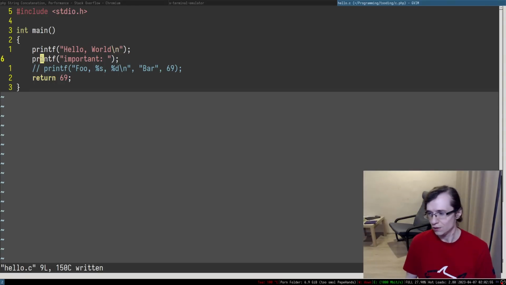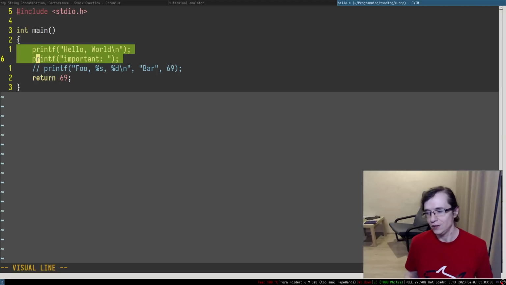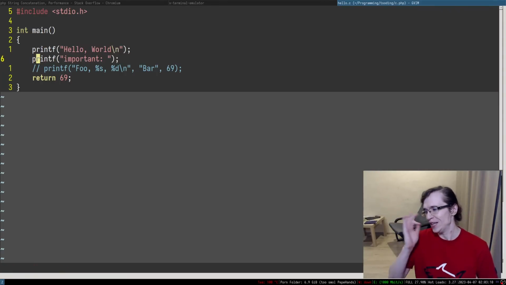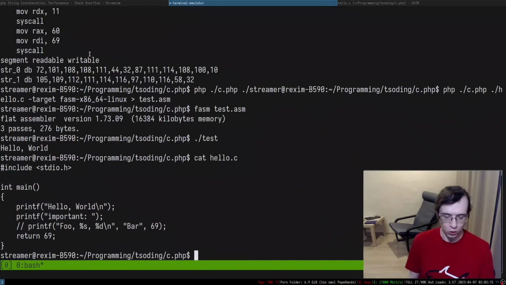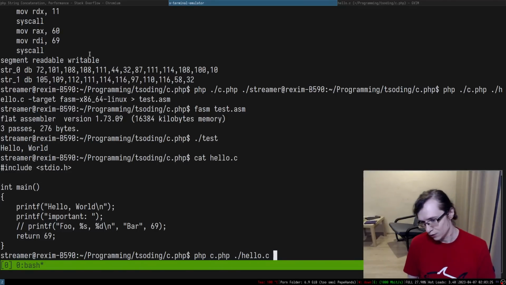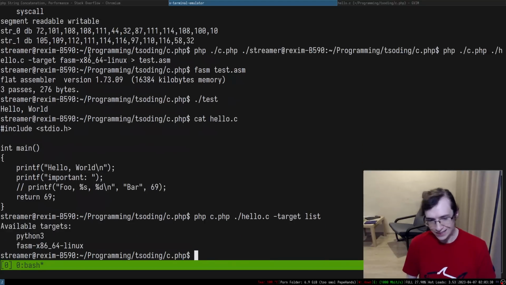So the most important thing I did is that I basically added the assembly backend, right? And I think it's good for today. Chat, just think about that. We took this C code, this is literally the C code that we took, and we wrote a PHP script, c.php, that given this C code generates assembly, right?